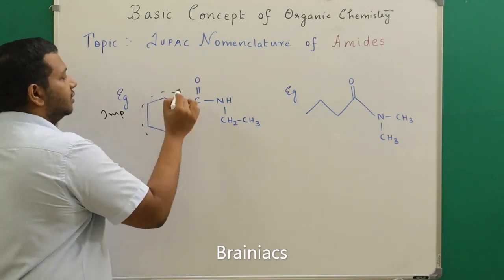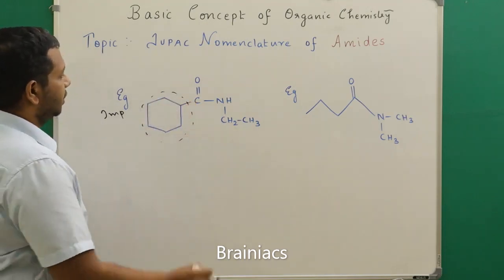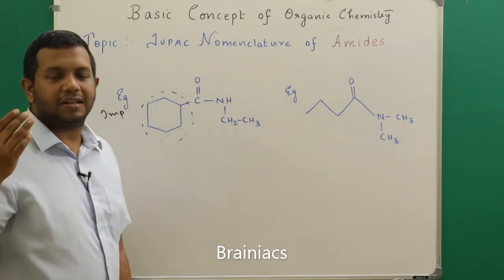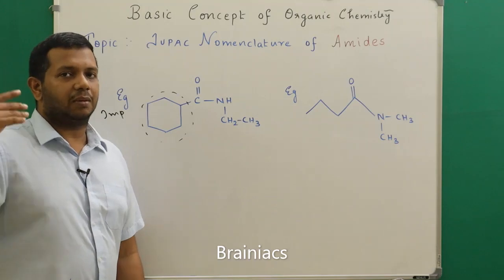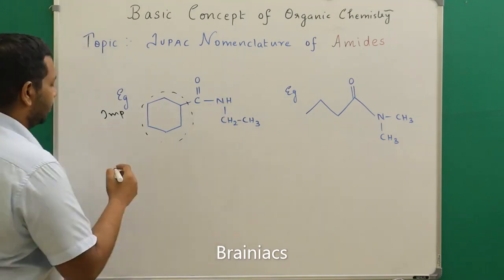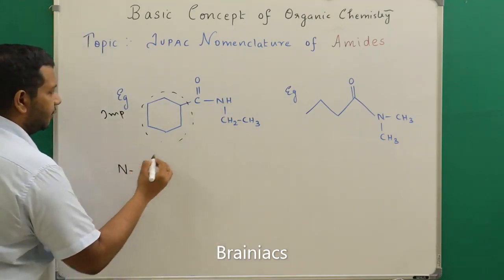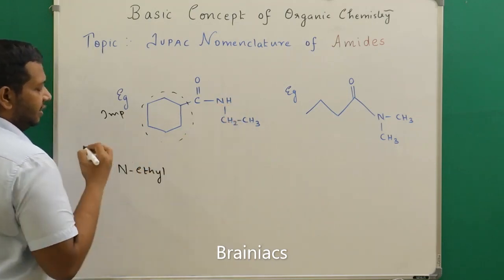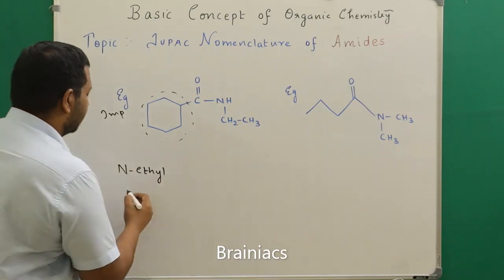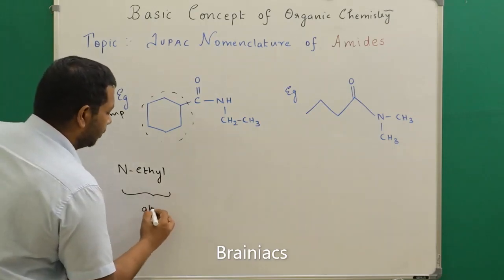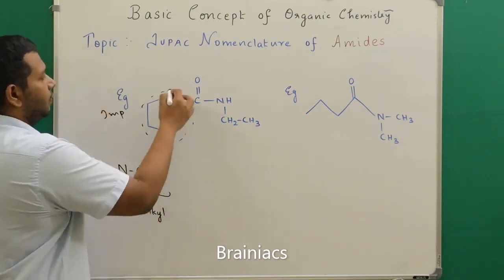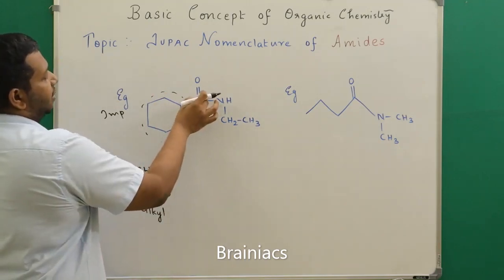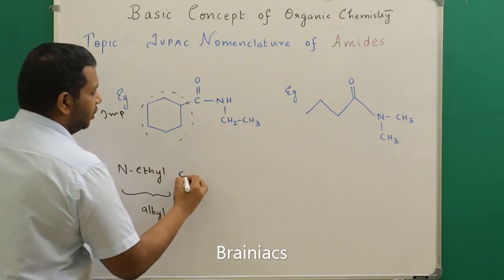So in this case, again, what is the parent carbon chain? The cyclohexane is the parent carbon chain. So I know that again H is replaced by one alkyl group. So first I will say alkyl, then only alkanamide will come. So alkyl means what will come here? N, correct, hyphen, who is the substituent? Ethyl. So I can say N-ethyl. So alkyl part is over. Now we know how to name this compound. This carbon atom is not included in the parent carbon chain. So we use the term